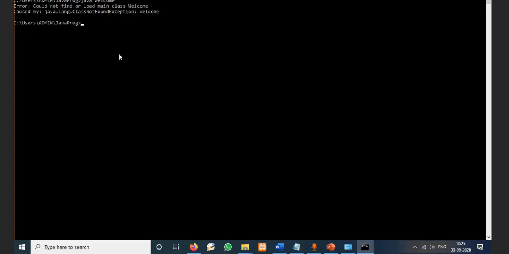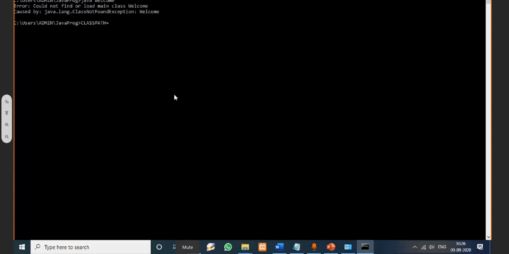That directory we can store as one more environmental variable called classpath. If you assign classpath equal to some path, for example, you compile this Welcome.java file, take that class file, put it in some other directory and execute it.